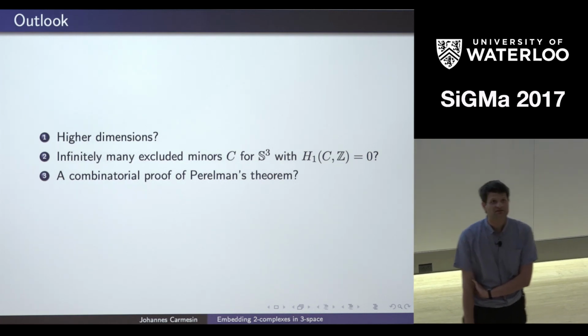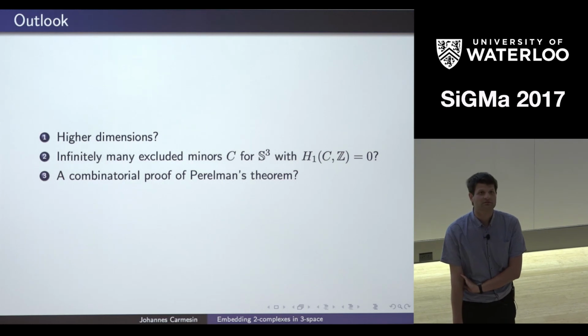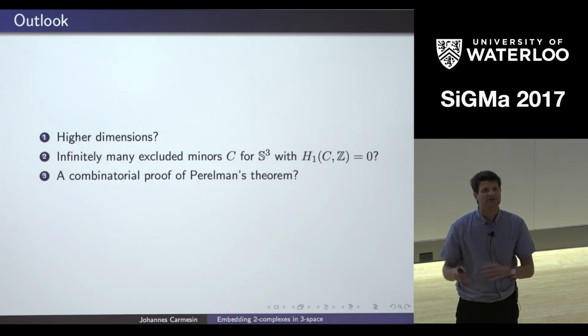Did you say that it's not known if there are infinitely many different homology spheres? No, there are infinitely many, but I don't know whether, using these minors, you can make them the same. I also didn't think too much about it. I mean, probably it's easy to construct an infinite family there.